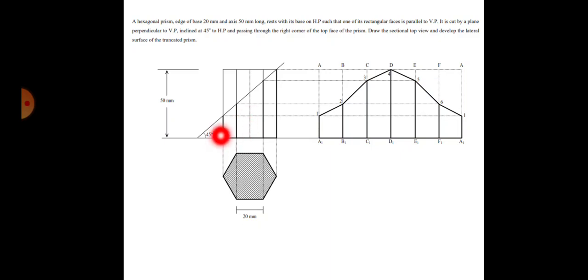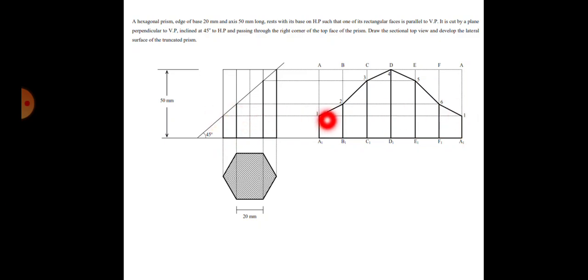So you need not actually take the radius here and measure every time. You can directly draw parallel lines. That is what you mean by parallel line method actually. Nothing wrong if you take the radius here, keep it here and cut. Take the radius here, keep it and cut. It's one and the same. But since we are drawing keeping the xy line common here, we can directly project it, no?